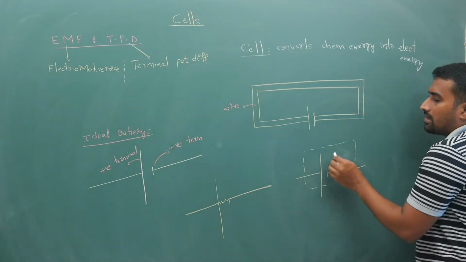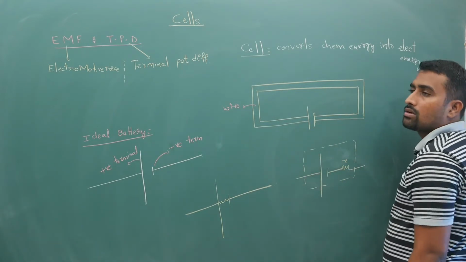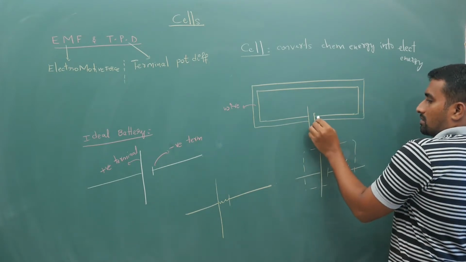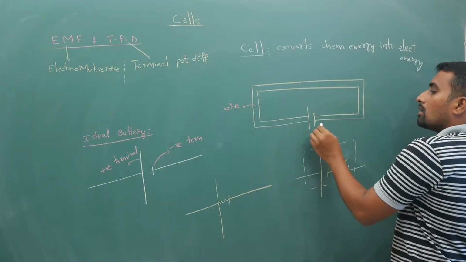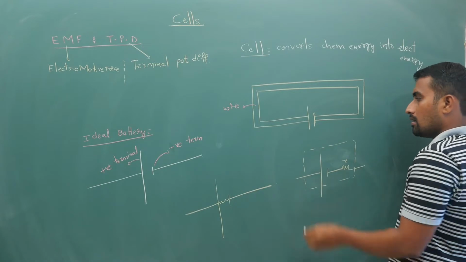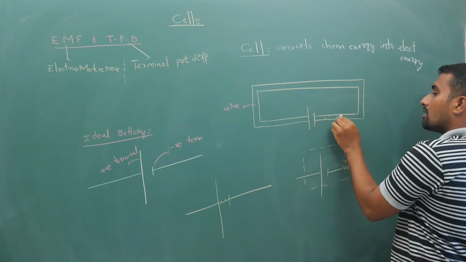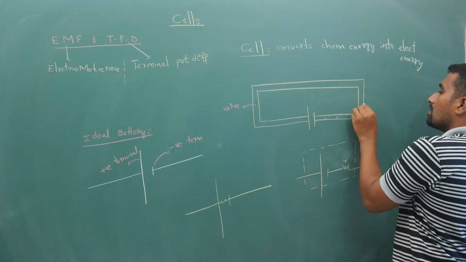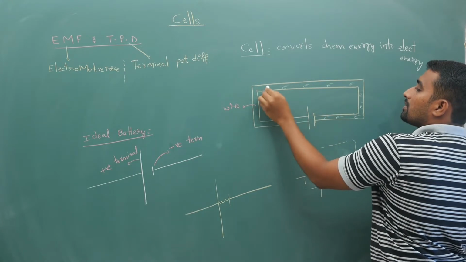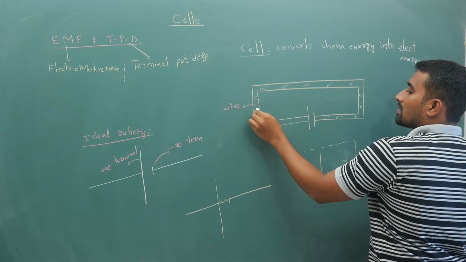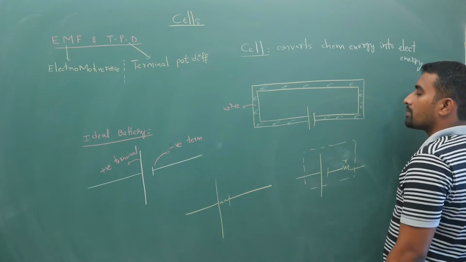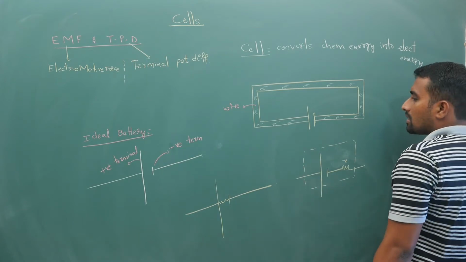Now from this battery, because of the potential difference, positive charge flows from high potential region to low potential region, and negative charge will flow from low potential region to high potential region. So your negative terminal is at low potential. So your electrons will start moving like this, from the negative terminal of the battery to the positive terminal of the battery in the wires. You cannot actually move protons, only electrons will move in the circuit.